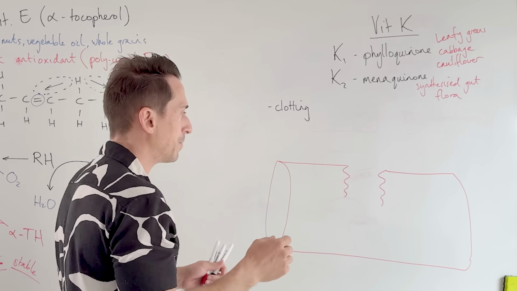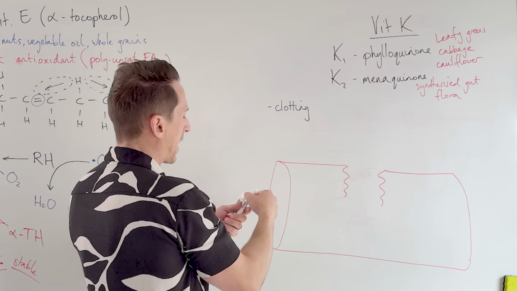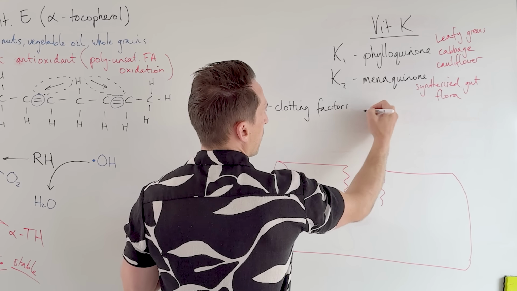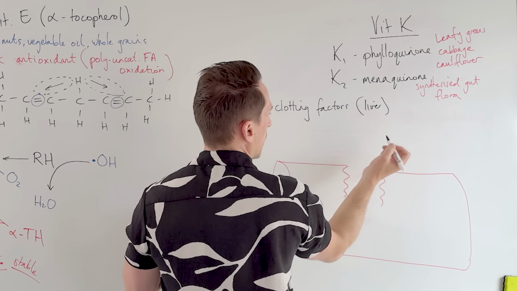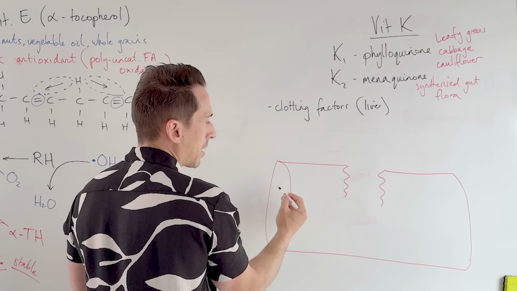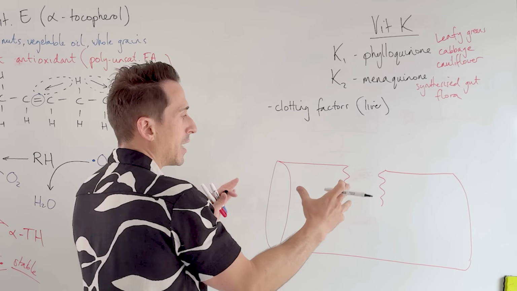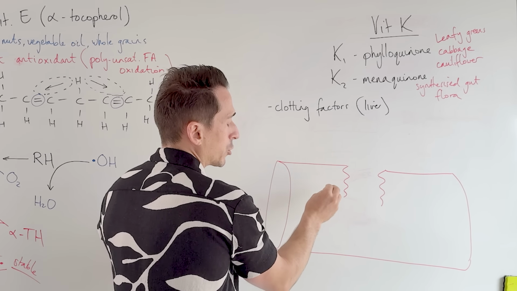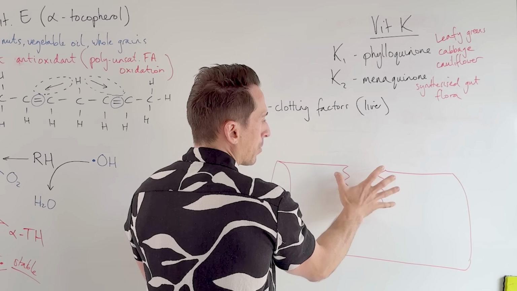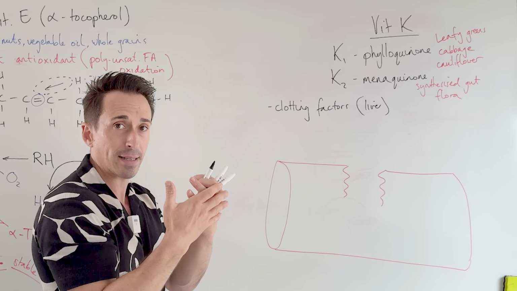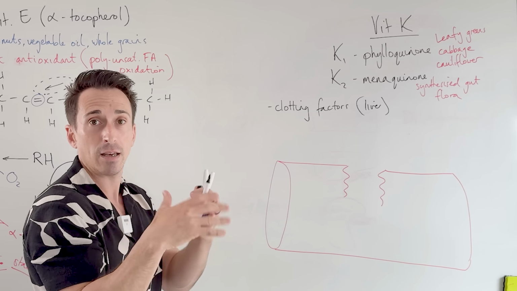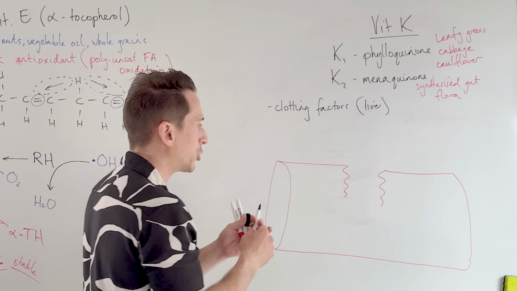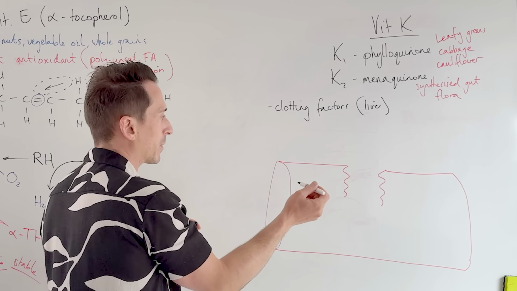Effectively, the clotting factors, most of which are made by the liver, need to come along and trigger a cascade of events that cause ultimately fibrin strands to mesh up this area, basically forming a net, a mesh to block any excess bleeding. That's what we call the clotting cascade resulting in coagulation. How does this happen and what does vitamin K do?